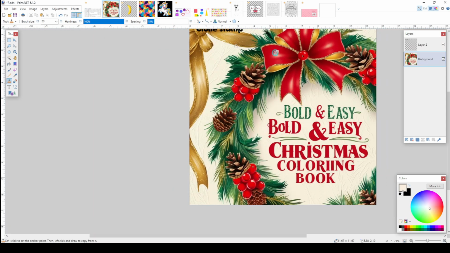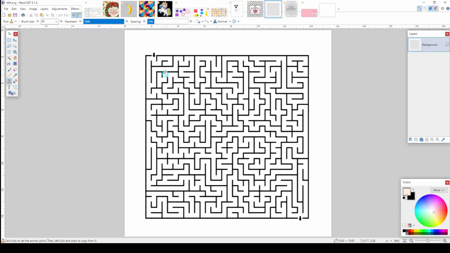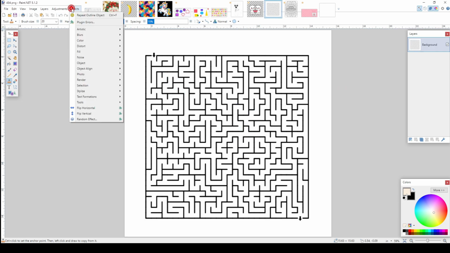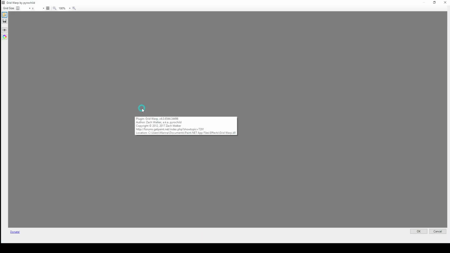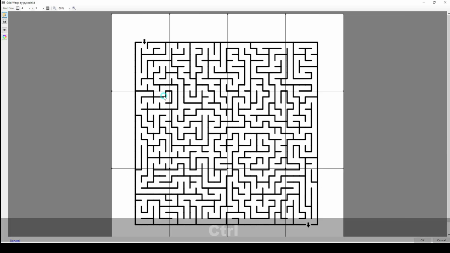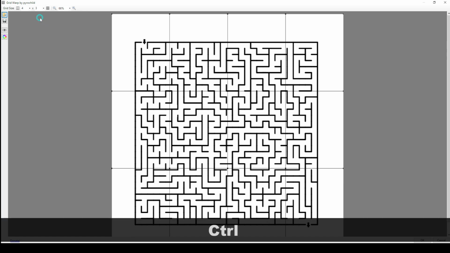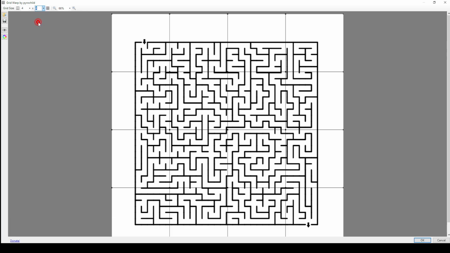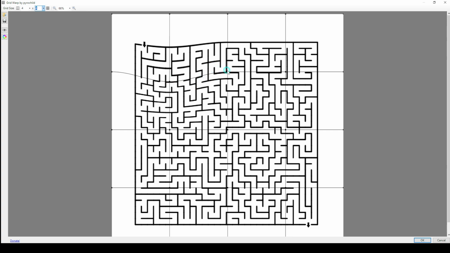Another cool feature that we have here is if you have, for example, maze, if you go to effect, go to tools and go to grid warp, it is going to give you these controls, this grid. You can make the grid larger or smaller. Let's make it 4 by 4. And now you can move the points